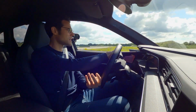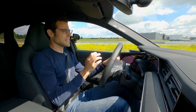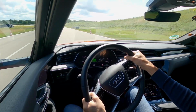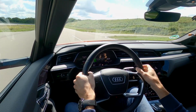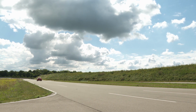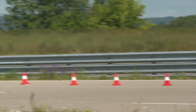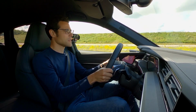It's the cornering. When I'm going out of the corner here, I feel it's a little bit more agile, a little bit lighter. And the air suspension setup is even a little bit stiffer. So why is that actually? First of all, the air suspension hardware is the same as we would get with the S-Line model. But in the true S model, it has a little bit stiffer setup, and also in dynamic mode. And when we accelerate out of the corner, we can use this new torque vectoring system